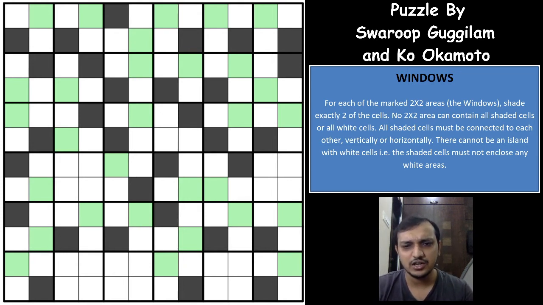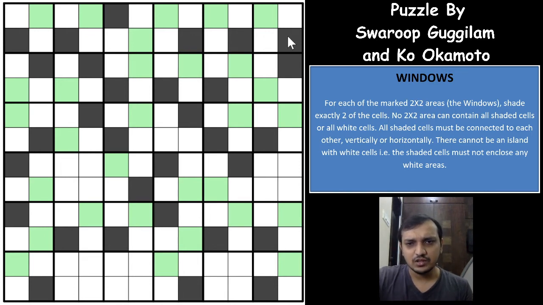So we have marked all the unshaded cells with respect to the shaded cells that are given. One more technique that I have explained in a Yin Yang puzzle is possible when you have a rule that no 2 by 2 group of cells can be wholly shaded or unshaded, and the groups have to be connected. With that logic, there is a pattern that is very helpful to solve such puzzles, right? I'll explain the pattern that I have explained in the Yin Yang puzzle video also, and I really suggest you check out that video if you are looking for some advanced logic. I'll add the link in the description for the video too.